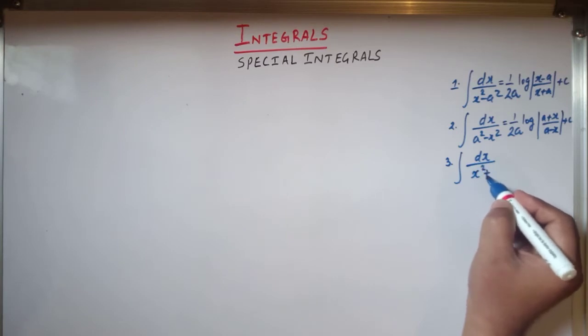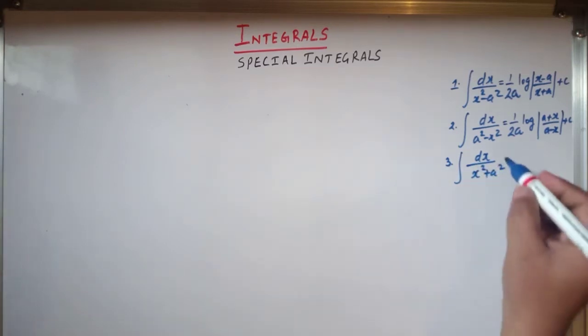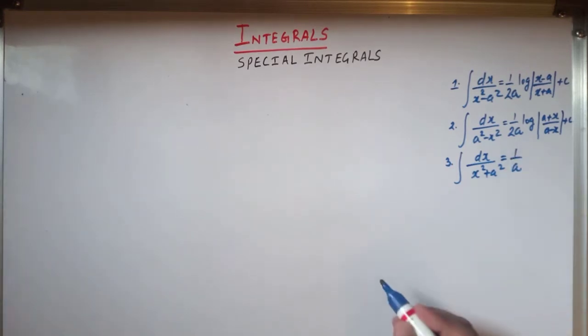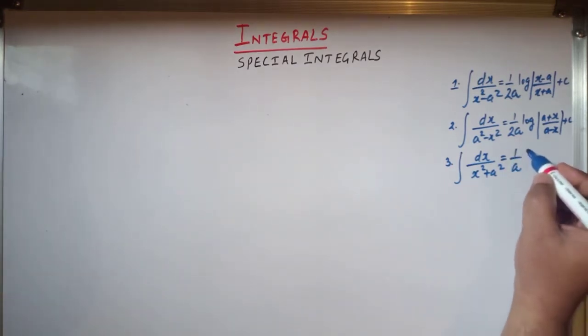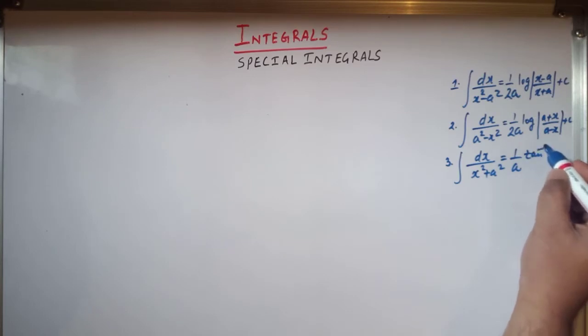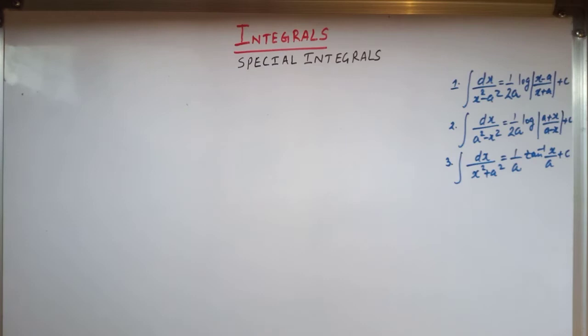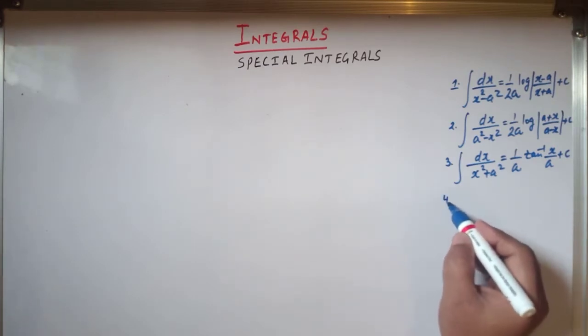x square, or x square plus a square, then we have this integral equal to 1 over a multiplied by tan inverse of x over a plus c. Clear? The fourth one is,